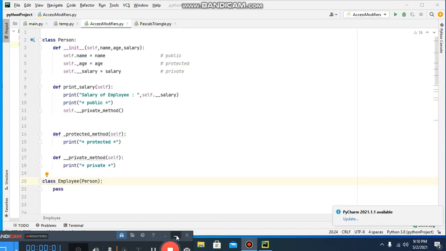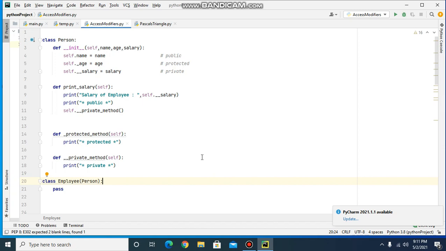Hope you have understood how the members of a class can be accessed. Just a small recap. Public members are accessible outside the class from any part of the program. Then while declaring protected members, you have to put an underscore in front of them.